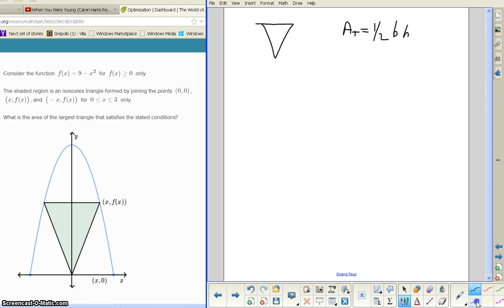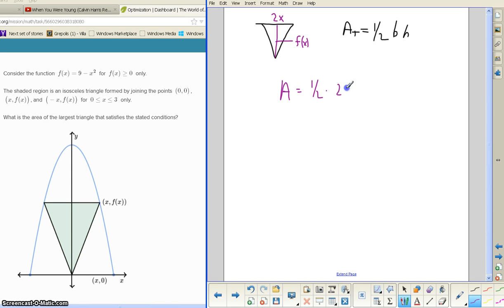Alright, well, the base here is 2x. It's negative x one way, x the other, so the length is 2x. The vertical height of this function right here is simply the output of f of x. Now if you look at the graph on the left, on the Khan Academy site, you can see that that has to be the height. So immediately I get the triangle area, which I'll just call A from here out, is 1/2